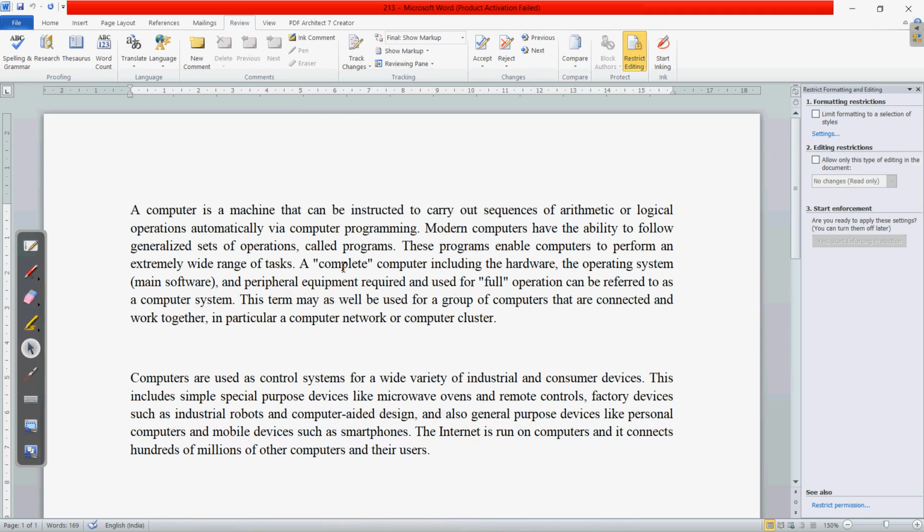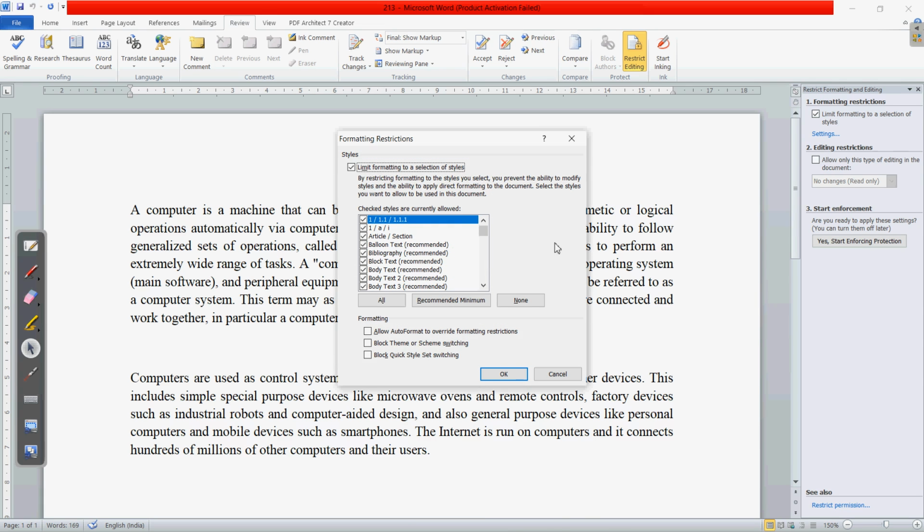The first step was, if you want formatting restrictions, you click on this formatting restriction, and when you click on settings, it opens these formatting restrictions. Whatever restrictions you want applied on your document, these are all the allowed things which are appearing.